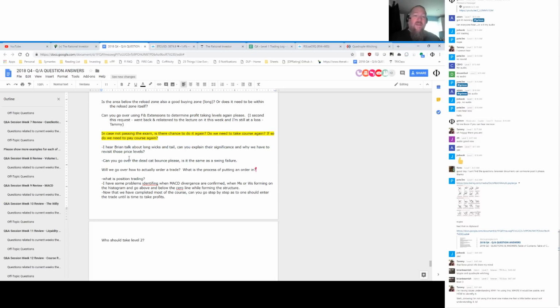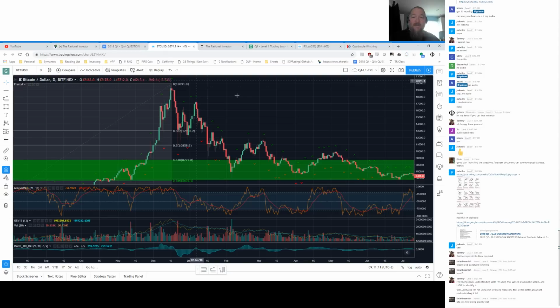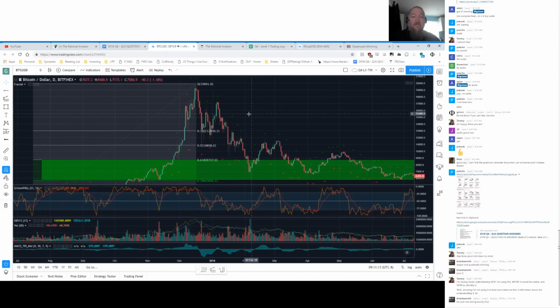Can you go over a dead cat bounce, please? Same as a swing failure? I'm not familiar with the term swing failure, so I can't tell you if it's the same as that. But when we're talking about dead cat bounce, often we will see a retest of that first